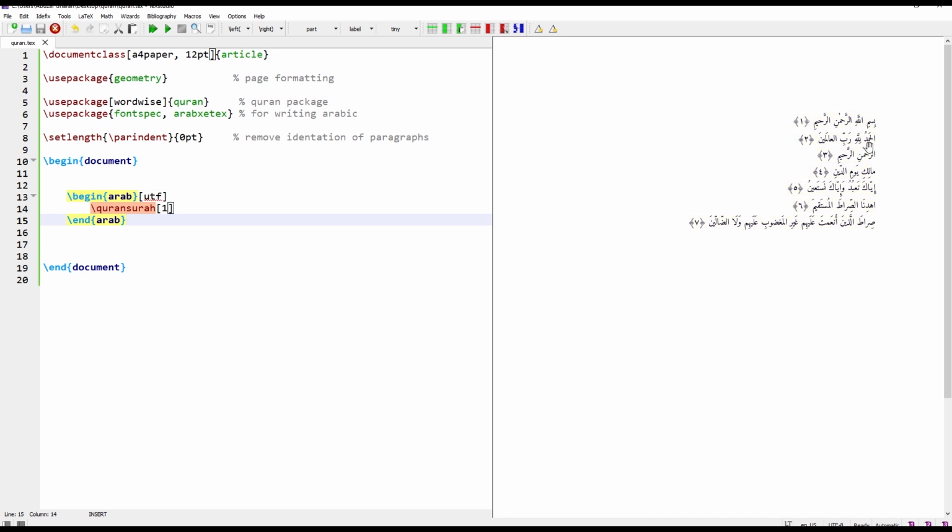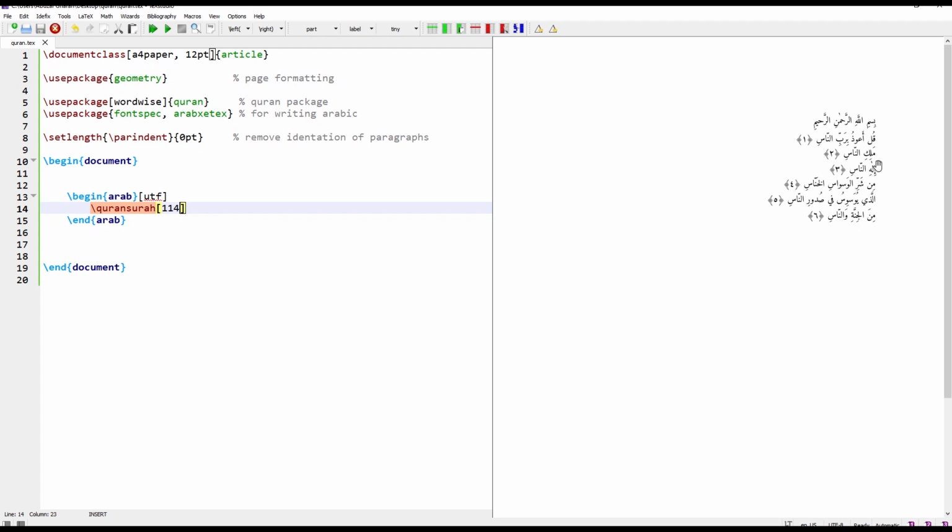As you can see, the first surah of the Holy Quran is coming in the document. For example, if you want to write the last surah of the Quran, that is 114, now the last surah of the Holy Quran is coming here.